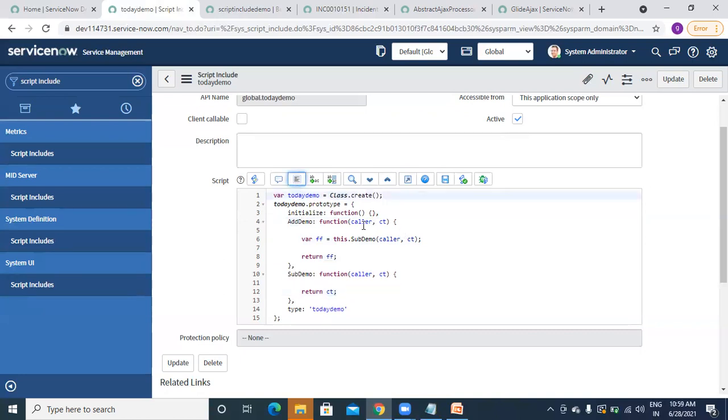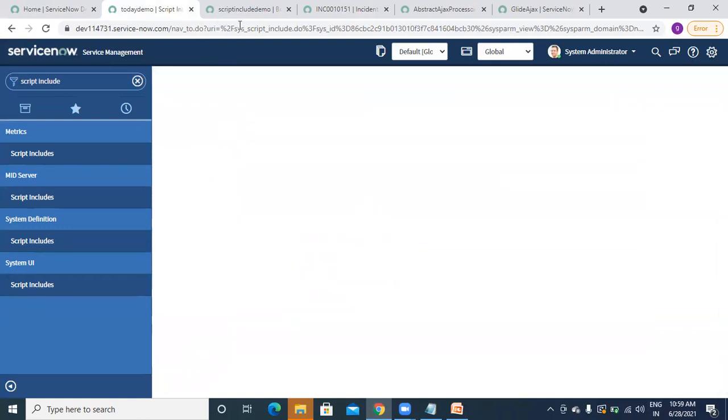So what I'm doing, I'm passing caller and caller ID, here also caller and caller ID, and here I'm returning ct, that is category, and here it will get this category, and again it will return this category. Okay, so let's see the demo.